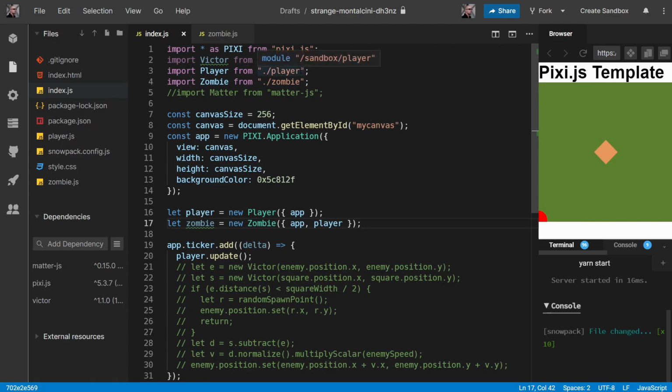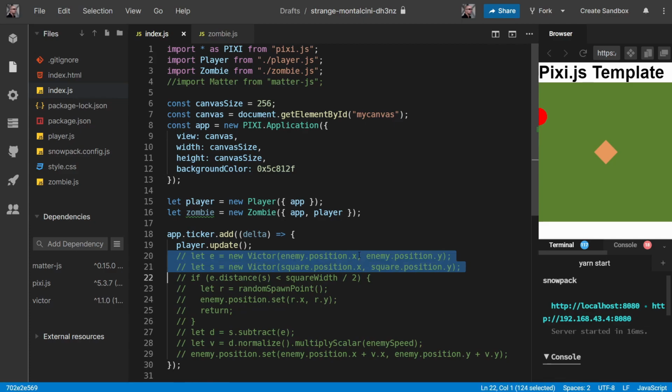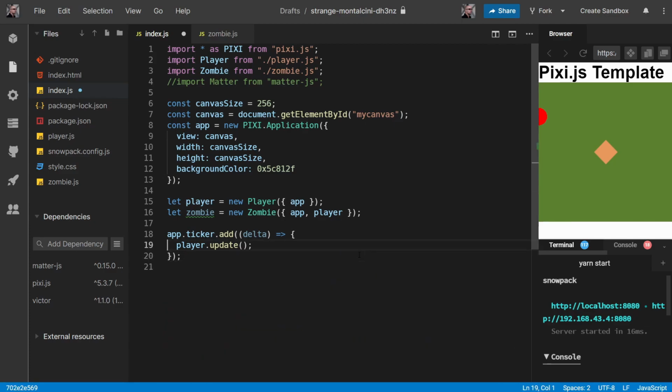And Emmett has automatically imported these at the top here, but I'm just going to add the .js on the end and delete Victor because we don't need it anymore. And now if we come to this commented out code and cut that out of there,